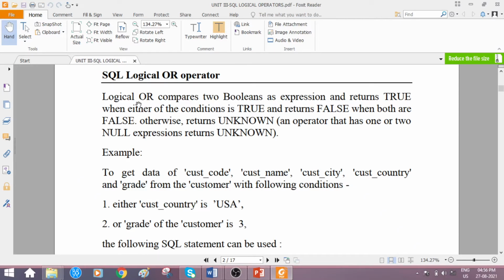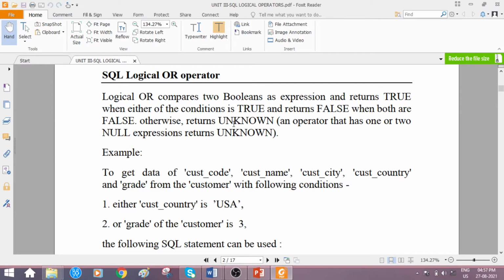Okay. So logical OR compares two boolean expressions and returns true when either of the conditions is true. So in given two boolean expressions, if any one of them is true, it is going to return what? True value, and it returns false when both are false. If both the boolean expressions given are false, then it is going to return false.